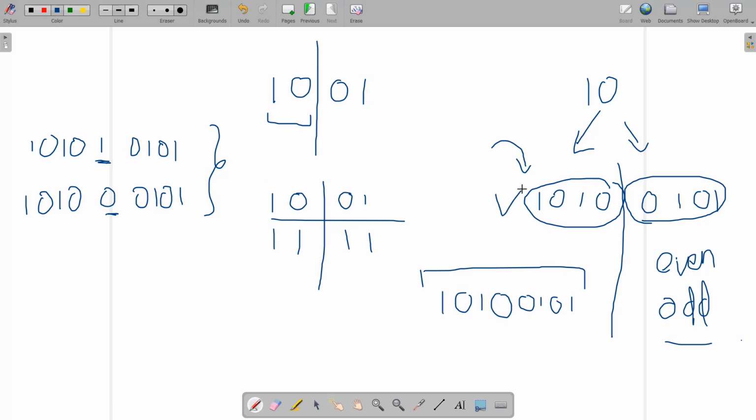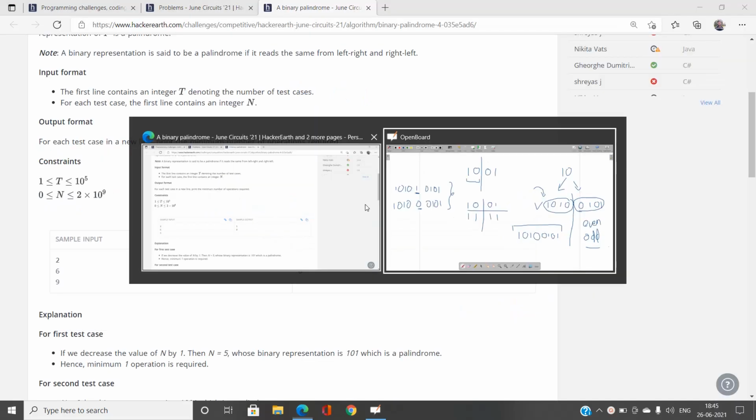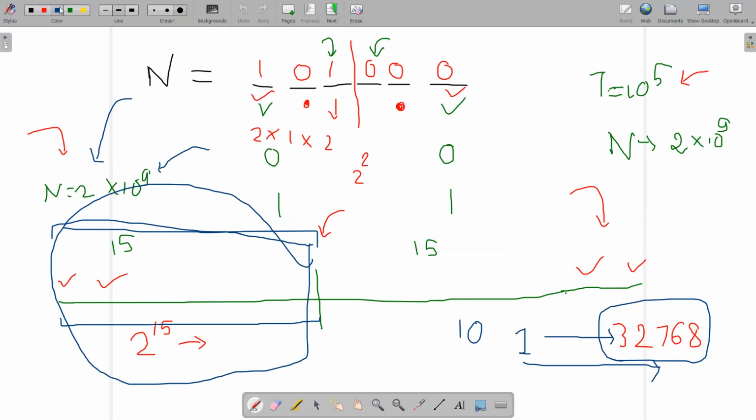Okay, so I guess you must be aware of what I am going to do over here. I will iterate from 1, 2, 3 up to 32768, because in the worst case our capital N is going to be 2 times 10 to the power 9, and for that I have 30 places in the binary representation, and for 30 places I will divide by 2, so 15 places are on the left. For 15 places I will generate all the palindromes, because this is the worst case.